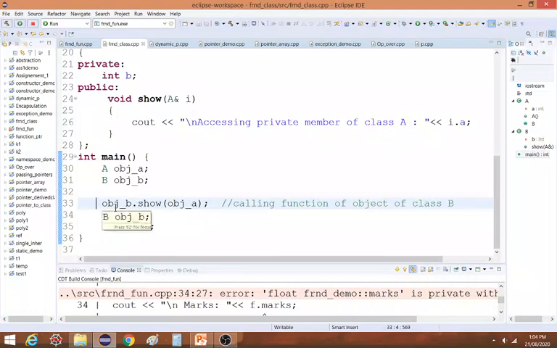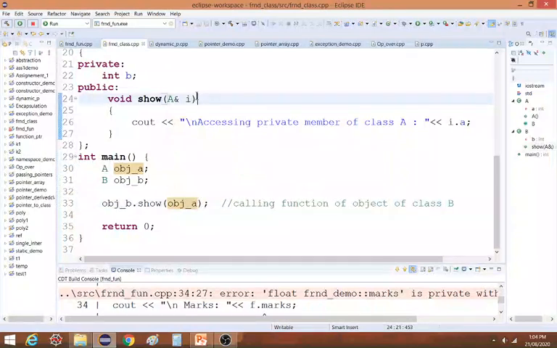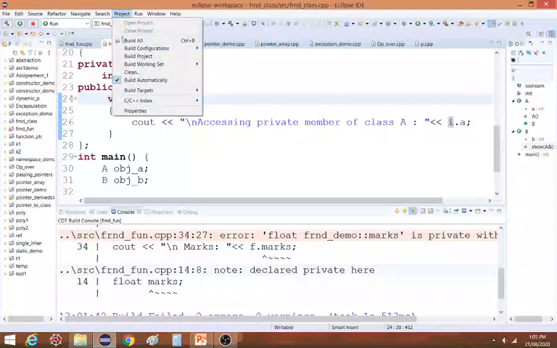This show function is part of class B, so I have to call that show function with the help of an object of class B. So object B dot show, and I am passing the object of class A to it because I want to access a member of class A. Okay, and here in this show function on line number 24, I am catching this object A by the name i. Now object A has become i over here because we are catching the reference, and we are displaying the content as i dot a. So this allows us to access the private members of another class.